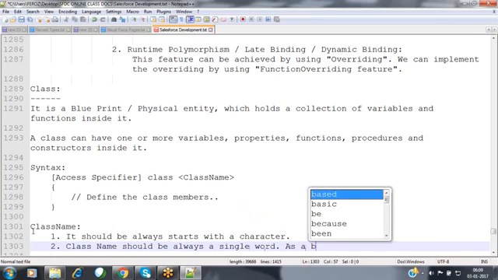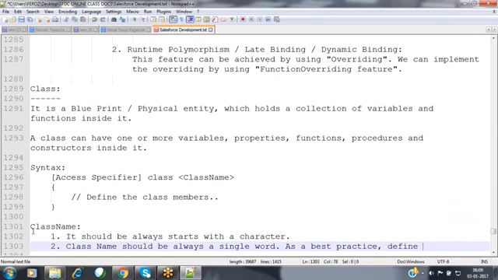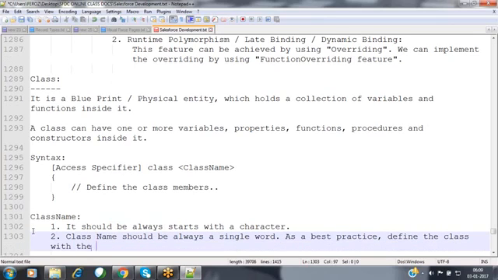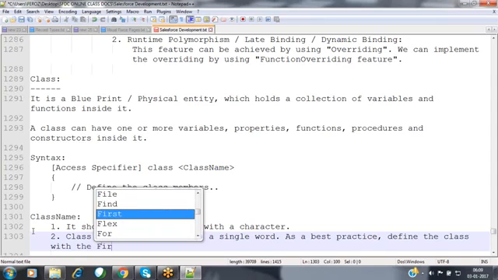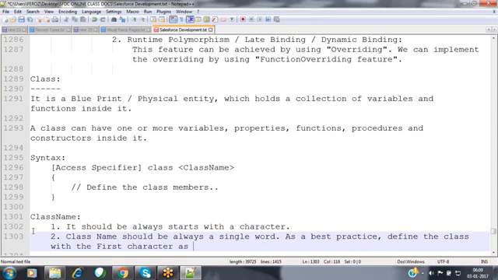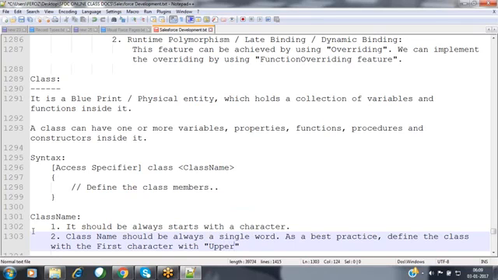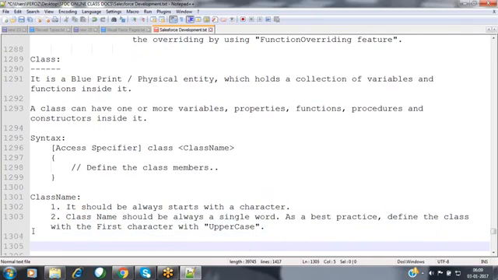And as a best practice, define the class with the first character as uppercase.